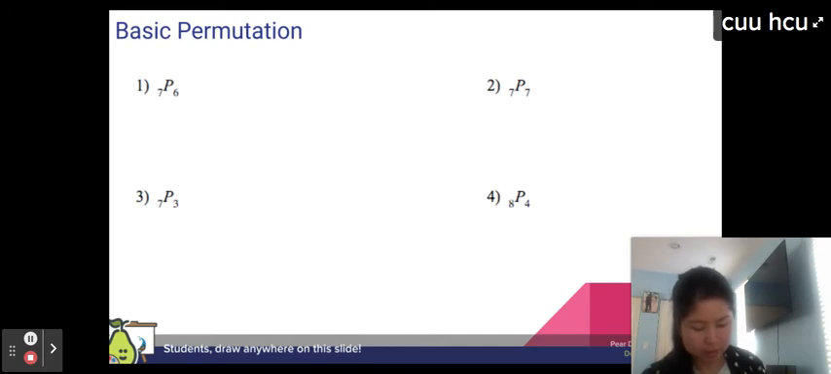7 times 5 times 4. Sorry, I missed a number. 7 times 6 times 5 times 4 times 3 times 2 times 1. So 4 factorial means 4 times 3 times 2 times 1. The option is I can cancel out the common values. So now I end up with 7 times 6 times 5. That will give me a value. So you can multiply 7 times 6 times 5. Give me 210,